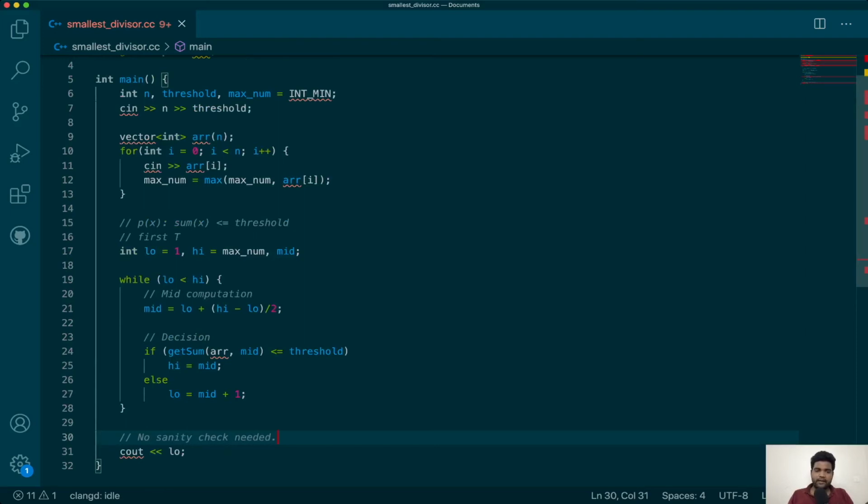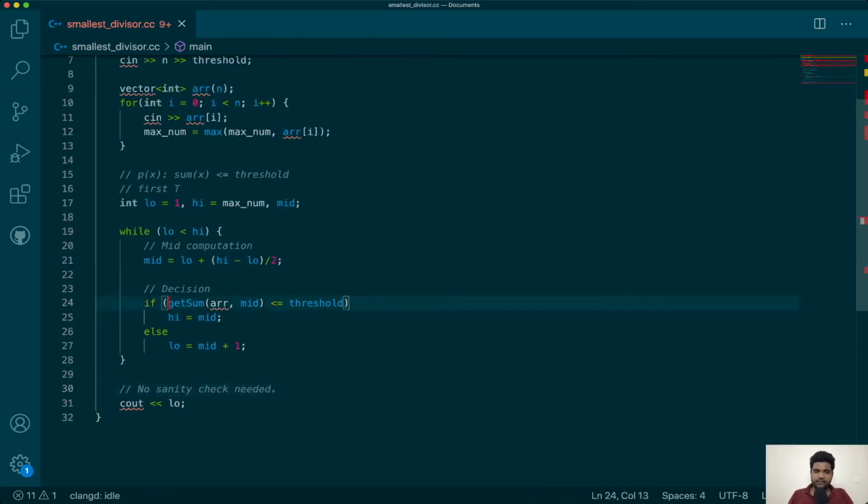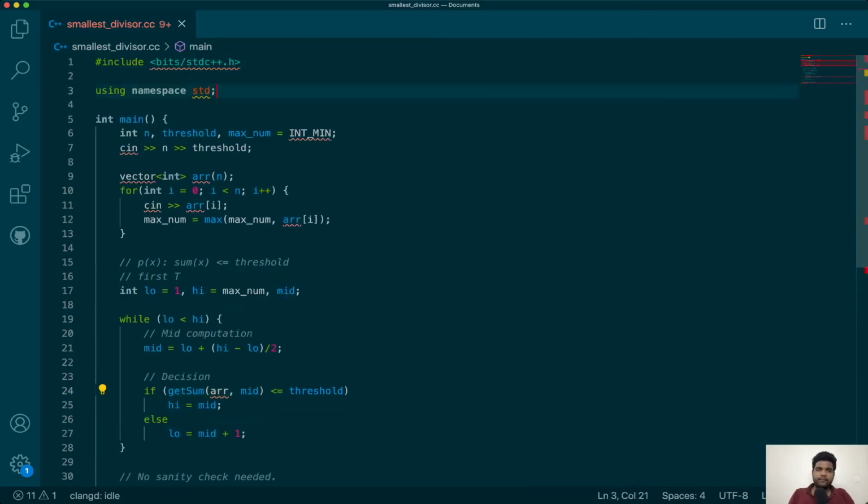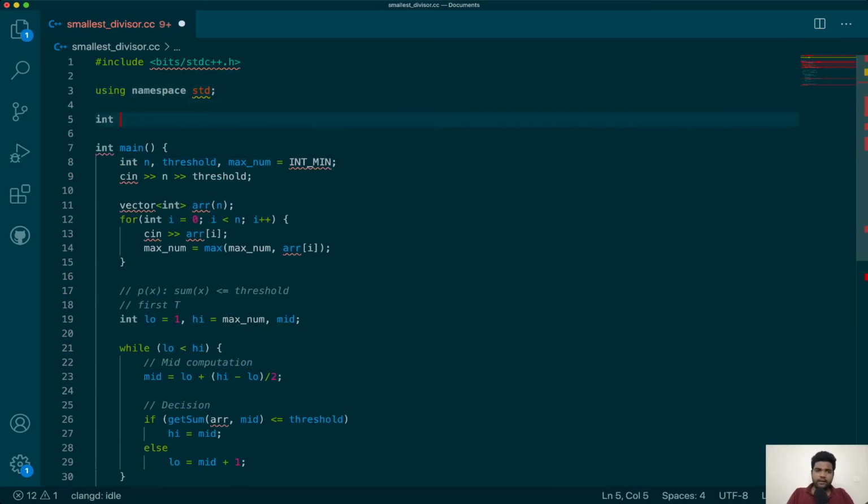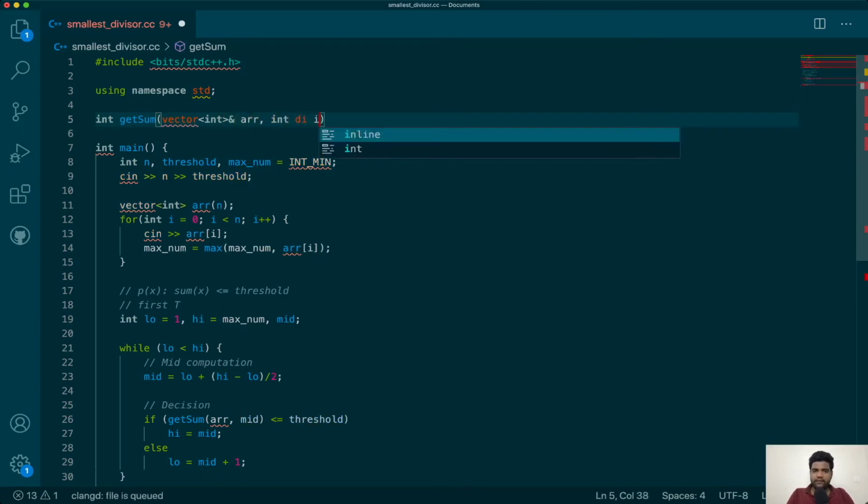The last part is writing this getSum function. So let's go ahead and write it. It will return an integer, which is the sum. It will take an array and a divisor which you are dividing with.